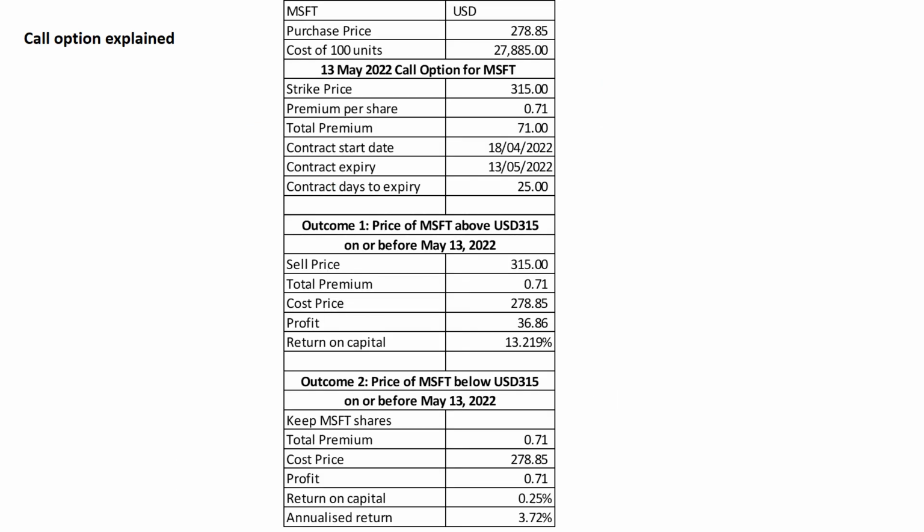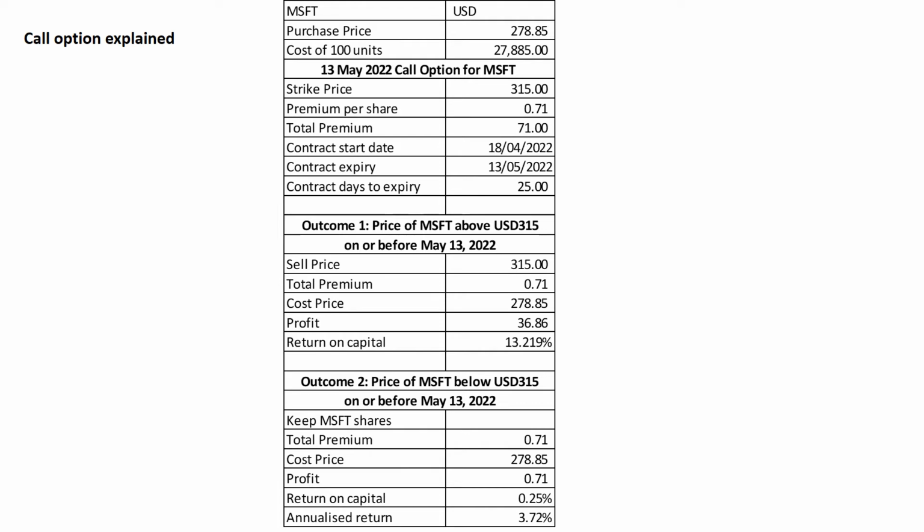All right, so let's look at the maths here. Like we said, you've bought Microsoft shares at 278.85 on the 18th of April 2022. So you own 100 units, which means you paid $27,885. And then you have now gone and sold the call option that will expire on the 13th of May